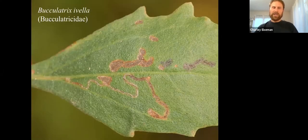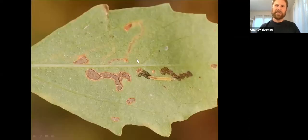So all of the oak mining Buccolatrix species make very small mines, but there are some on the aster family that make longer mines that would be easier to confuse with a Stigmella mine. This is a groundsel bush leaf, Baccharis halimifolia. On the upper surface, you can see the mine and the window feeding. Flipping it over, you can see that the feeding is actually happening on the lower surface, and there is the larva